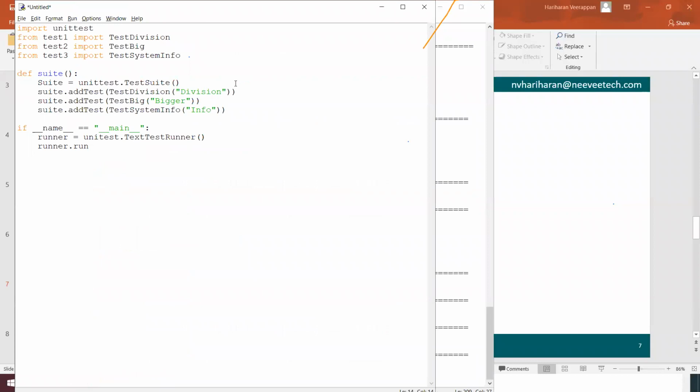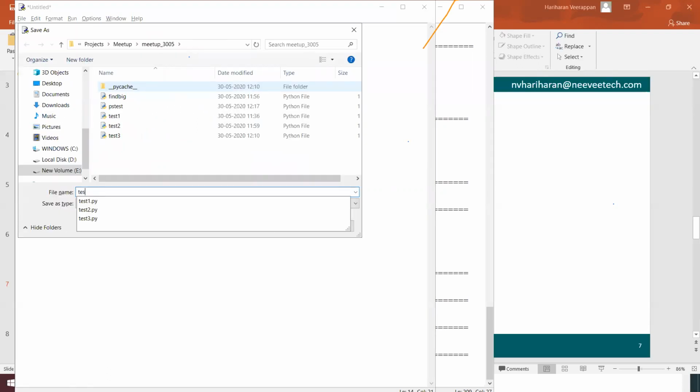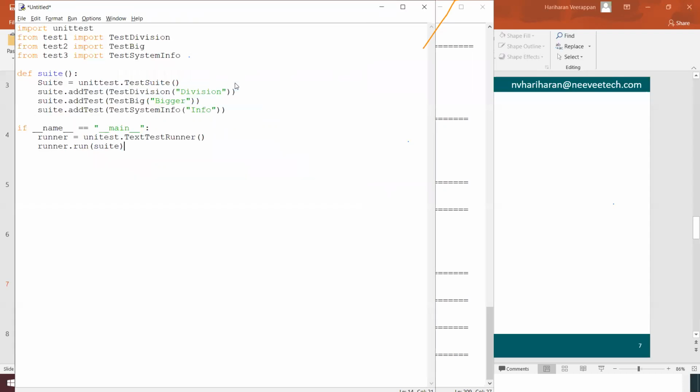Yes, runner.run suite, which is going to execute that function. I just saved that as test4, and runner.run over here, and I'm going to execute this.